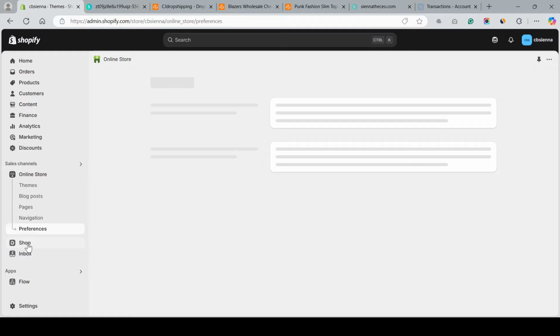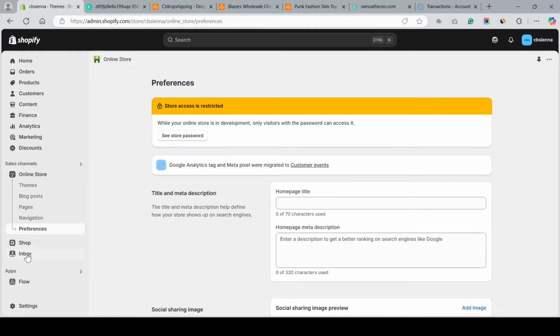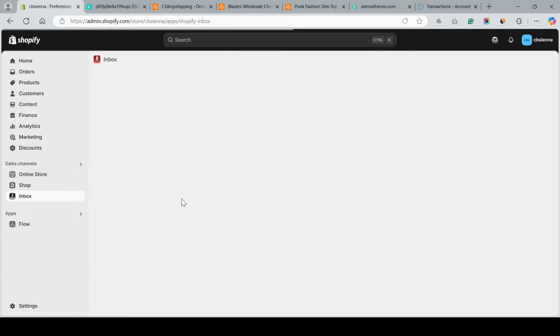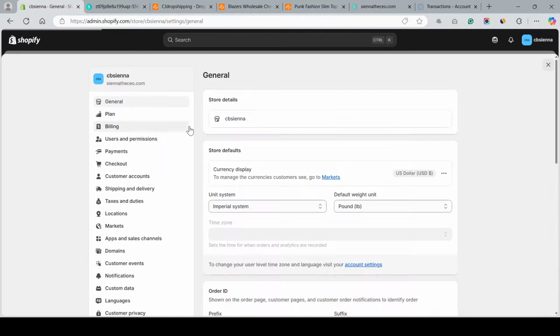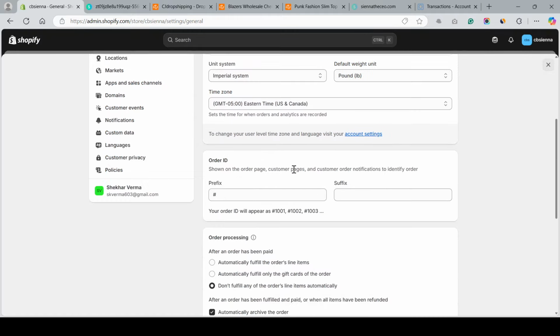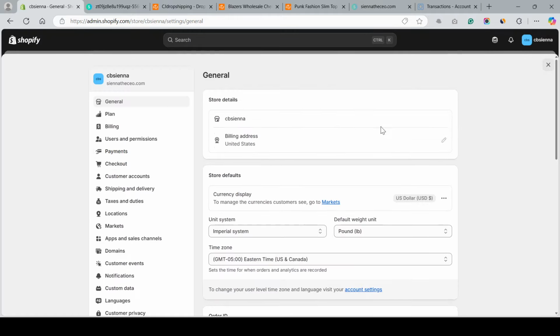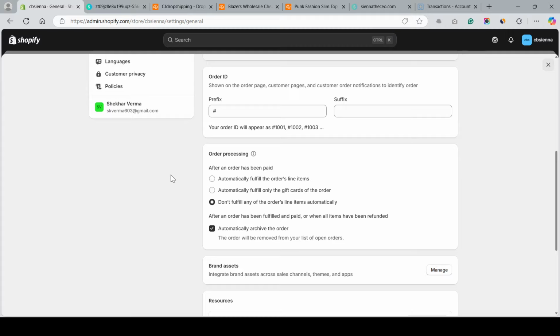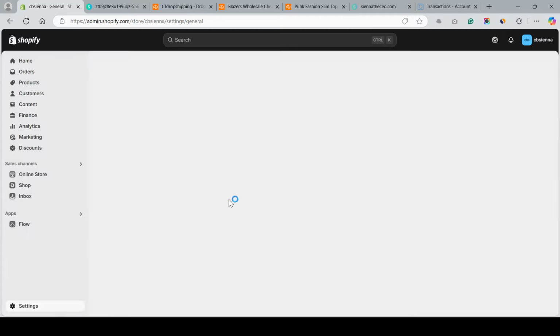and preferences, shop, inbox, these are plugin features, and the main section is settings. Okay, all the user details are here, you can see that. So everything I will explore in next video, so this is a quick overview only. Okay,